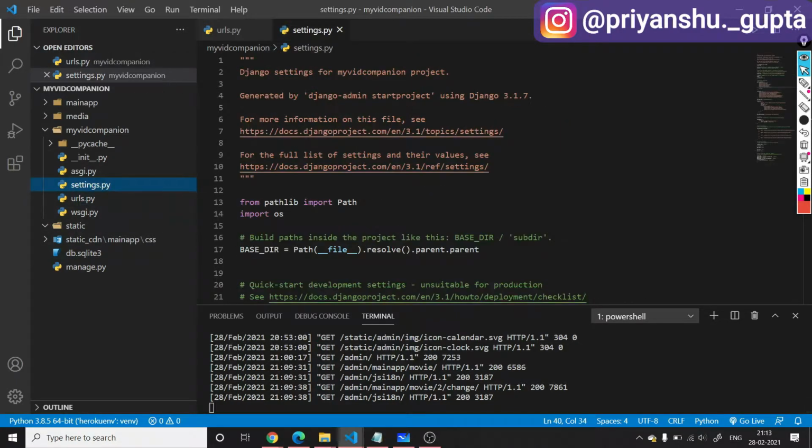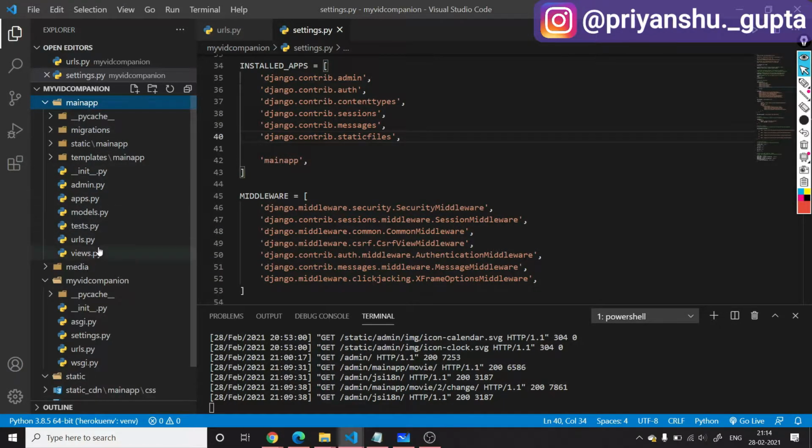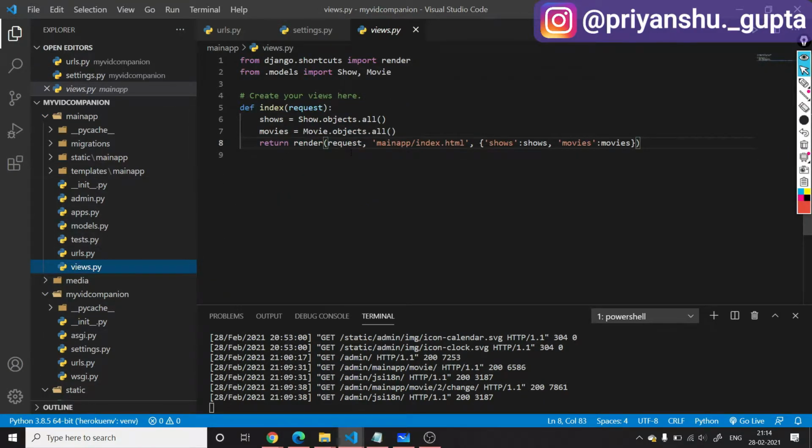Then in the settings.py file, we have installed apps, that is the main app, which has views, which is a basic view in which we are taking two objects from the database and rendering them in a dictionary format to our client side.